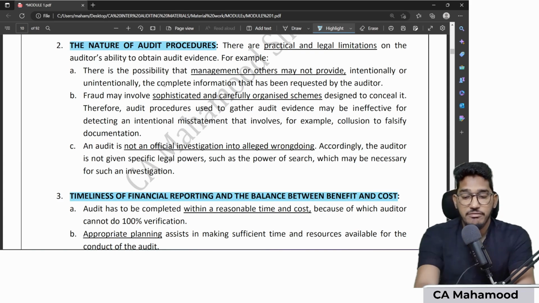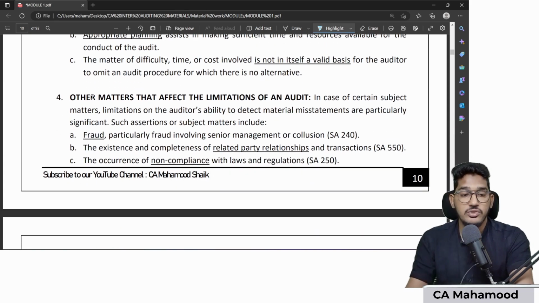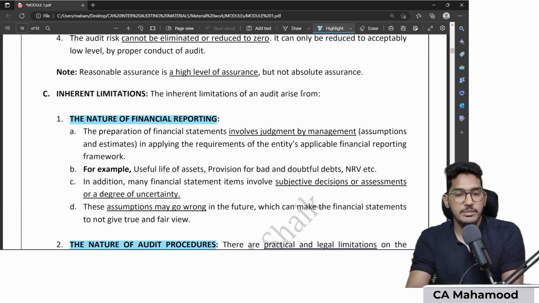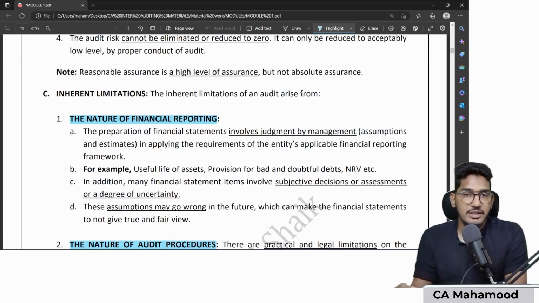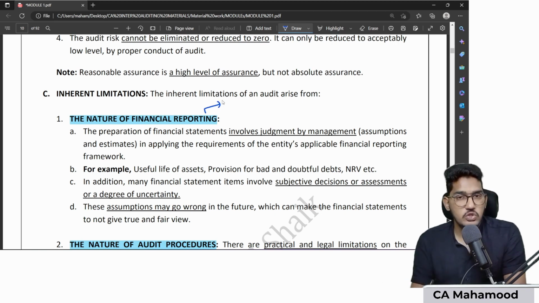And then finally we'll have one more thing, which is other matters or other limitations, you can say. So let us try to understand each category of inherent limitation. First, we will start with the nature of financial reporting, which means the process of preparation and